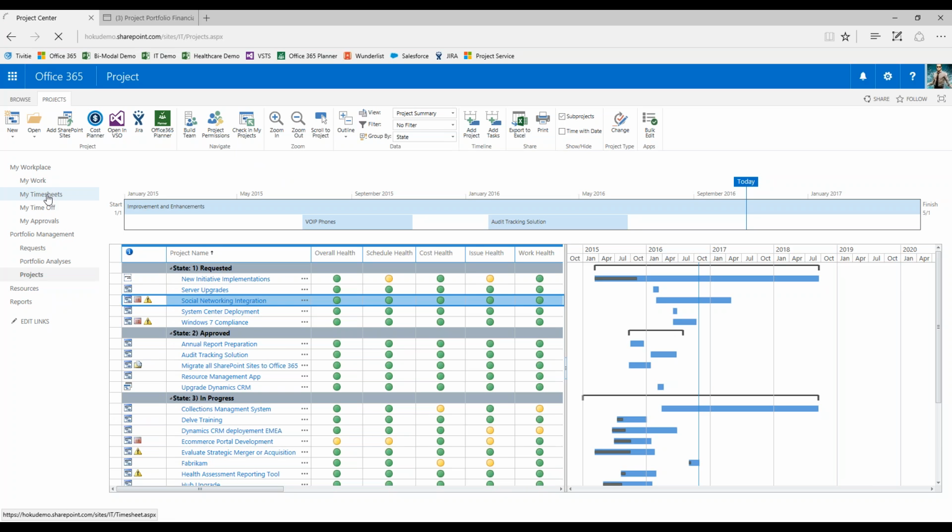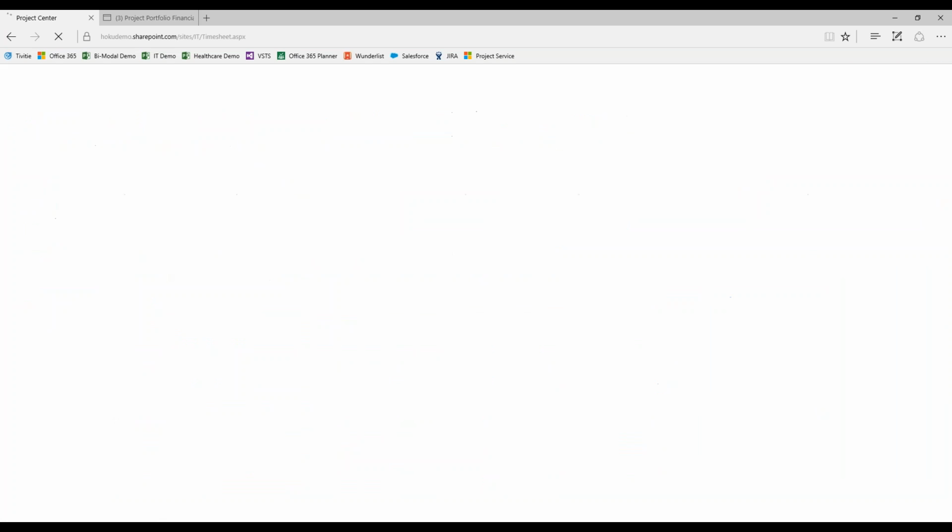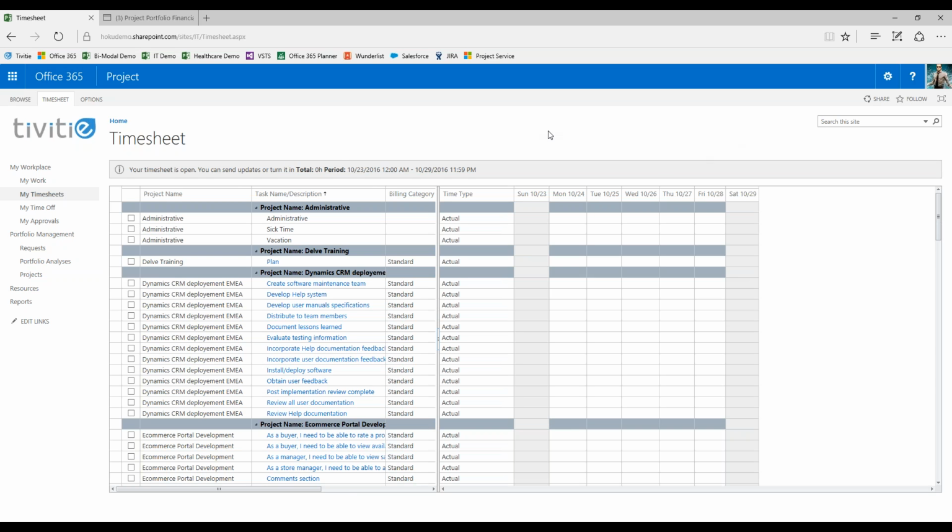There is an onboard timesheet capability right within Project Online. So without having to do anything other than plan your projects and assign people to work, they can come in and start reporting time on a time phase, time period basis against either the project level or the task level of information, whatever is required by the organization, and enter those things in a timesheet grid as you go on through. You can even track non-project, administrative, or absence time in here. And the key here is that it's an easy way in a centralized place to report time against all your work and not necessarily have to go to a third-party system to do that.